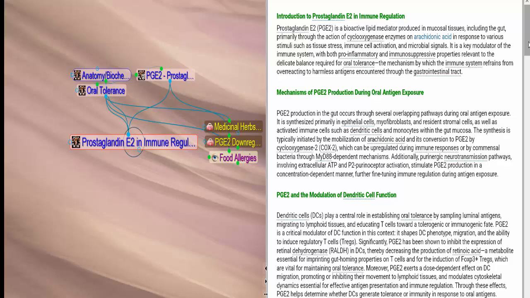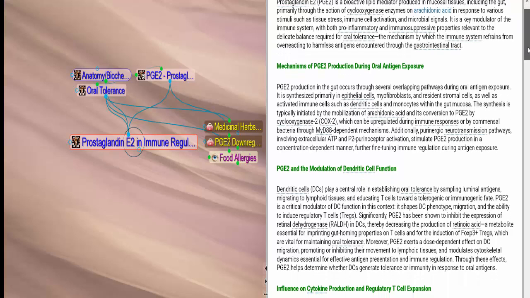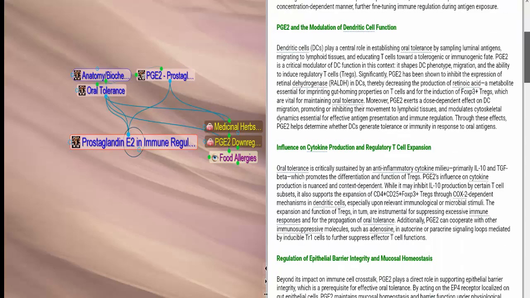Those enzymes act on something called arachidonic acid in response to various stimuli like tissue stress, immune cell activation, and various microbial signals. And prostaglandin E2 is a key modulator of the immune system with both pro-inflammatory and immunosuppressive properties relative to the delicate balance required for oral tolerance. And in this section, you can learn more about how it works, but I'm just going to cut to the